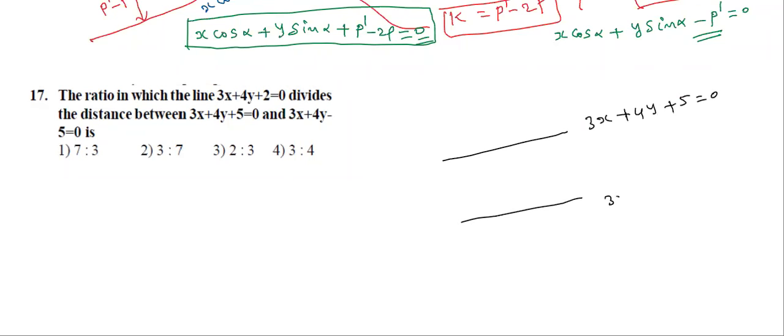Second line is 3x plus 4y minus 5 is equal to 0. So in between, one more line is set. The ratio in which the line 3x plus 4y plus 2 is equal to 0 divides the distances between two lines. That means